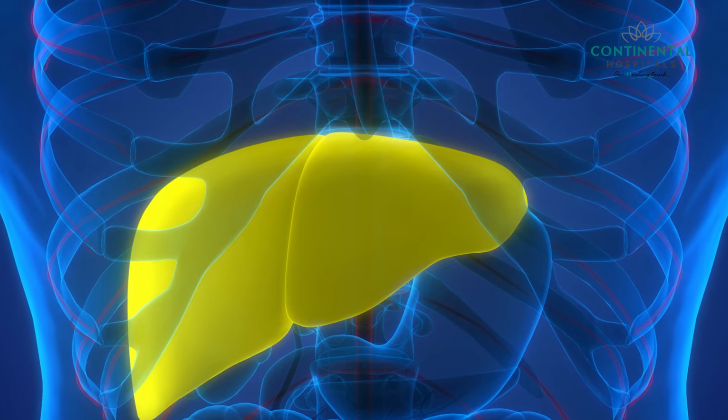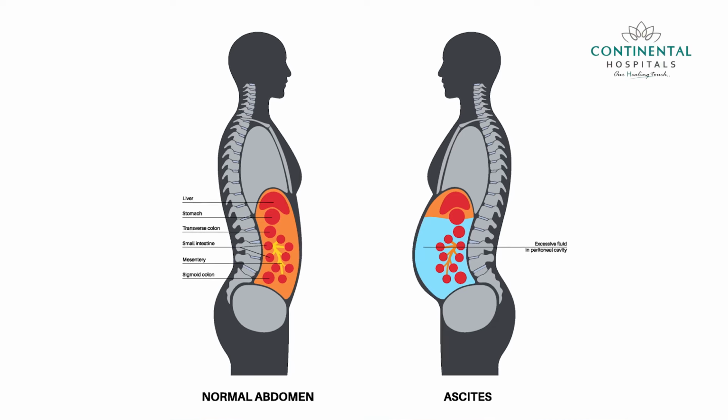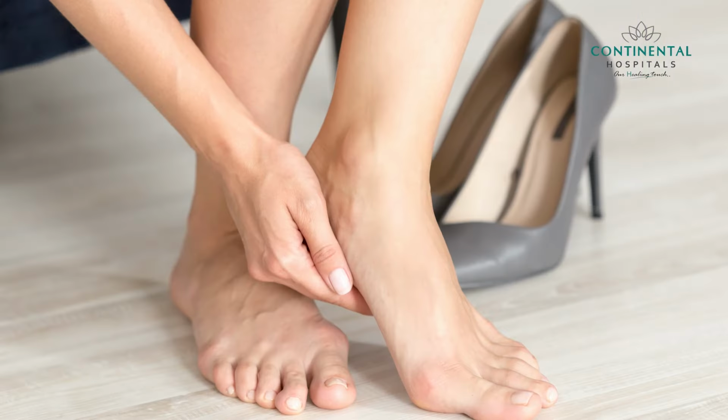Only then people tend to develop symptoms like jaundice or bleeding from the varices, which causes blood vomiting, or passing dark stools, or collection of fluid in various parts of the body. Usually it's in the belly and it's called ascites, but they can develop swelling in the lower limbs or inside the chest cavity around the lungs called pleural effusion.